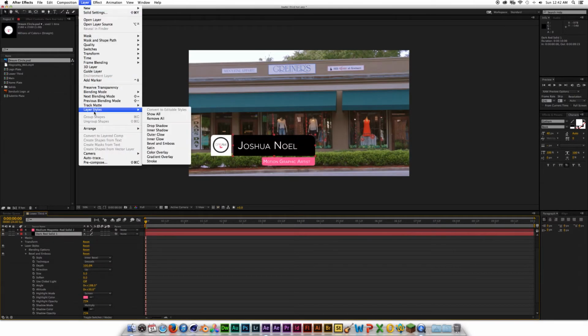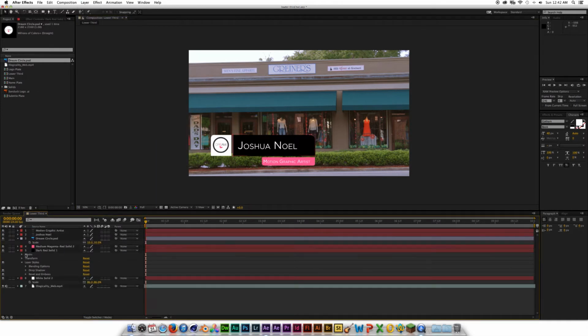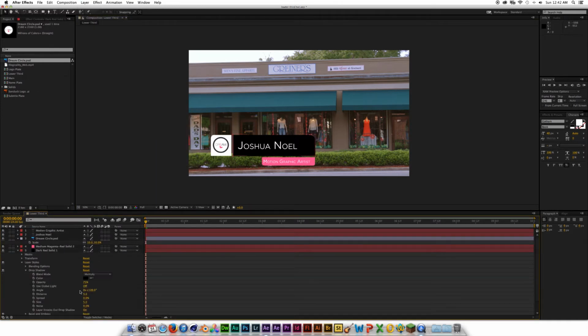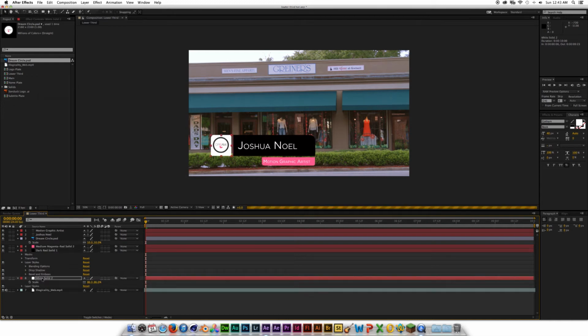Go up to layer, layer styles, and drop shadow. And I'm going to lower the intensity on that. I'm going to click on drop shadow and lower the opacity of that to maybe like 45%. I'm going to copy these two settings. Hit Command C or Control C on a PC, and then I'm going to hit Command V on a Mac